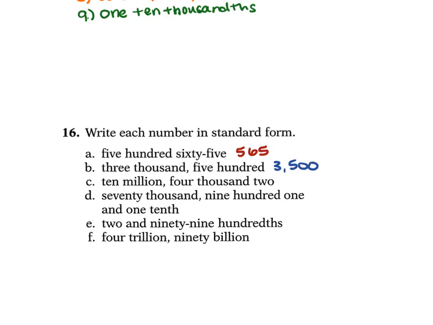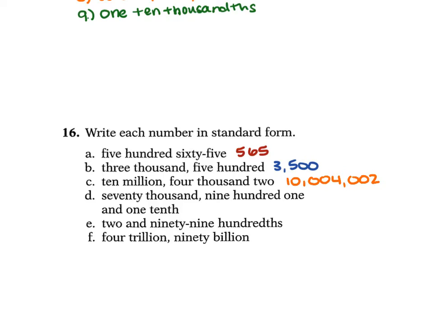500. For C, we have 10 million, so that's going to be 10, 4,002. So that's 4,000. Oops, not 400,000. 004 and then 002. 10,000, or sorry, 10,004,002. For D, we have